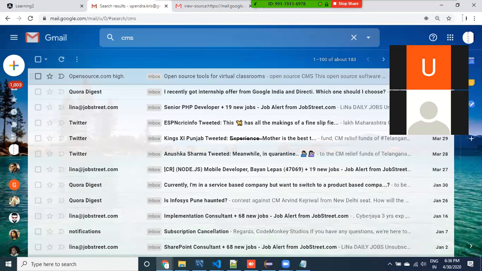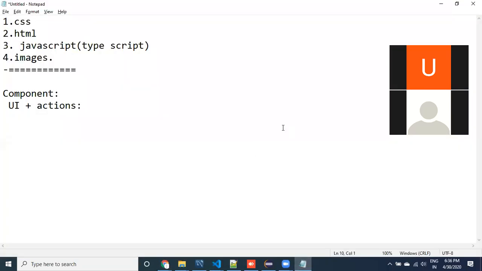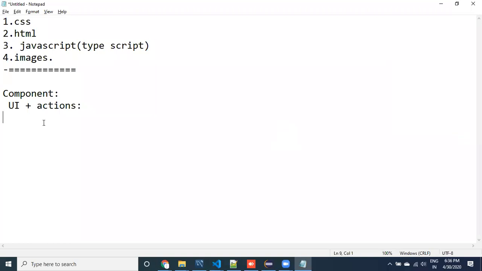When we have multiple components, how do we build a page? A page is nothing but a combination of multiple components. To develop any web application, we need to write hundreds of components, sometimes thousands of components, depending upon the application.